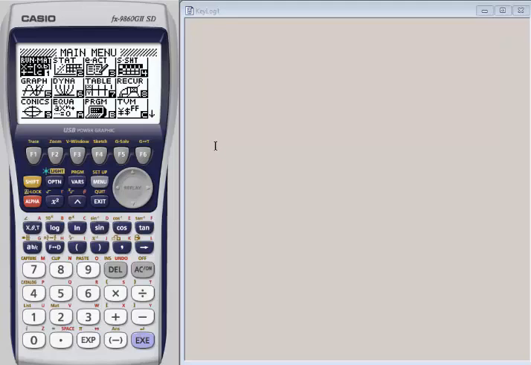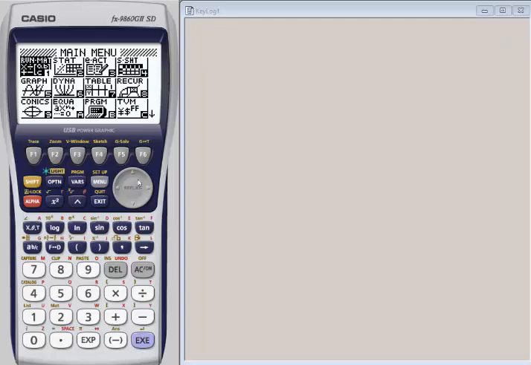I'm going to show today a couple of graphs that you can make with our graphing calculators in Casio. I'm using the 9860, but this works with the Prism or the 9750 graphing calculator, whichever version you have. Nice thing about Casio is we have the same keystrokes for all of our graphing calculators. So if you know one, you know all of them.